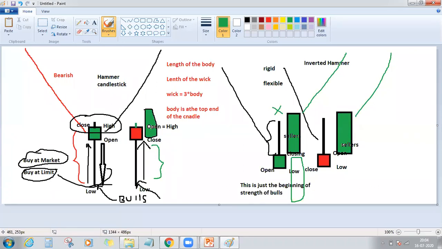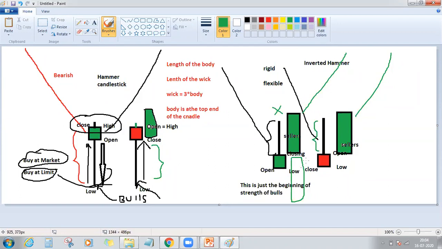That is the reason we waited for one more candle. Even in the case of the inverted hammer, we'll wait for one more candle. So if the next candle is red in color, then sellers are still stronger. If the next candle is green in color, then the sellers who opposed the rise in price are all defeated now, and the price will continue to rise. But by just looking at this rejection, we cannot say sellers are still stronger. We have to wait for one more day. Only then will you get to know the going forward trend.